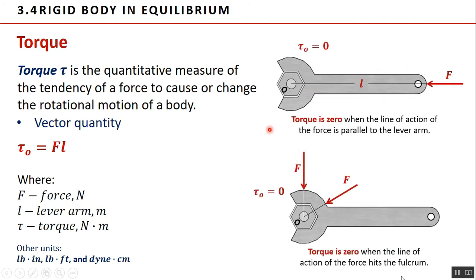Here are additional important notes to consider. When the force F acts parallel to the lever arm, or when the force acts directly on the fulcrum, torque is zero. It means that the body will not rotate, even if we